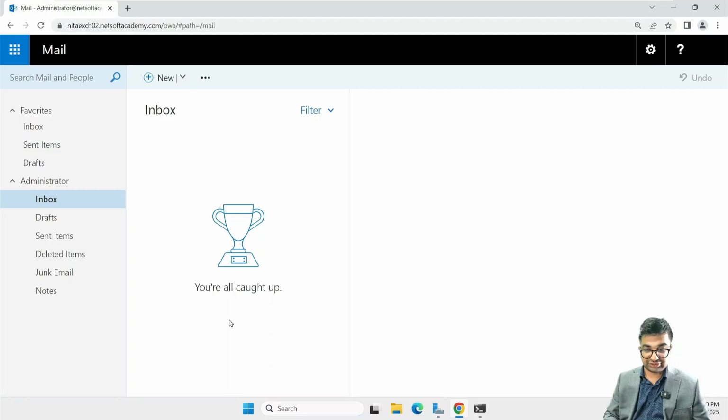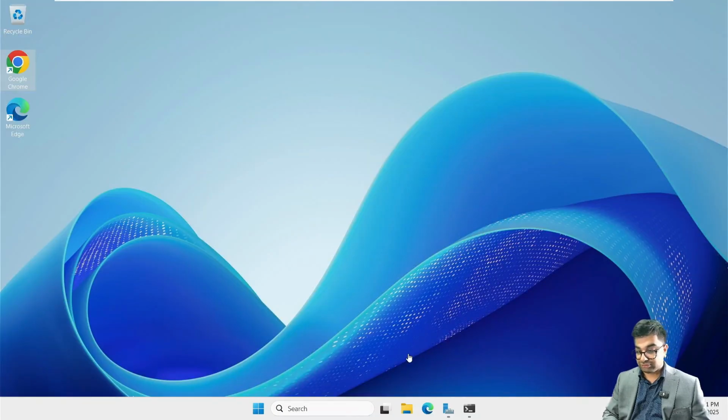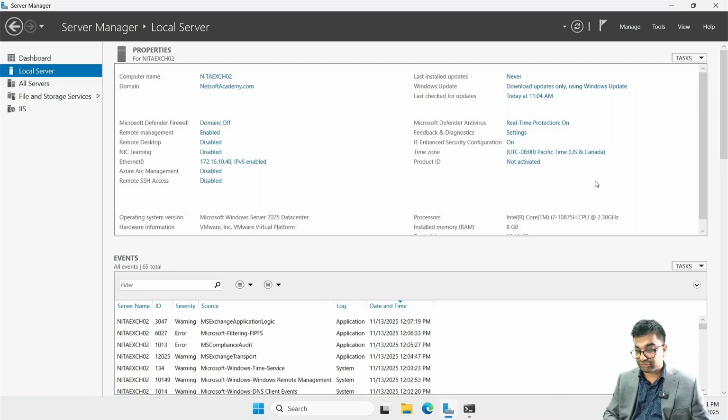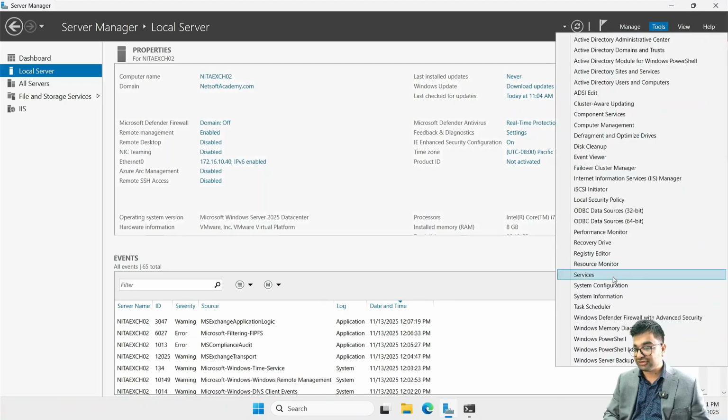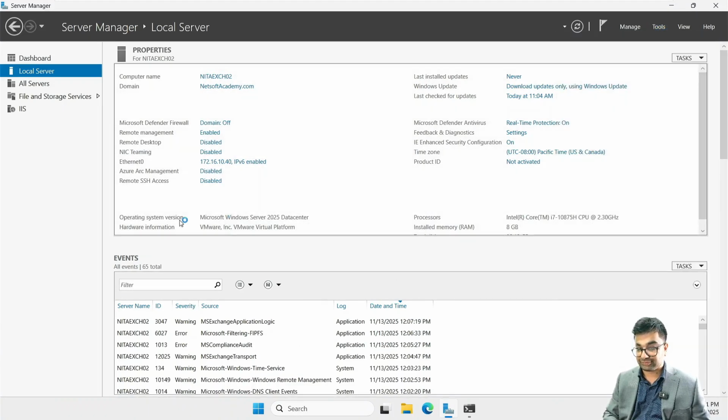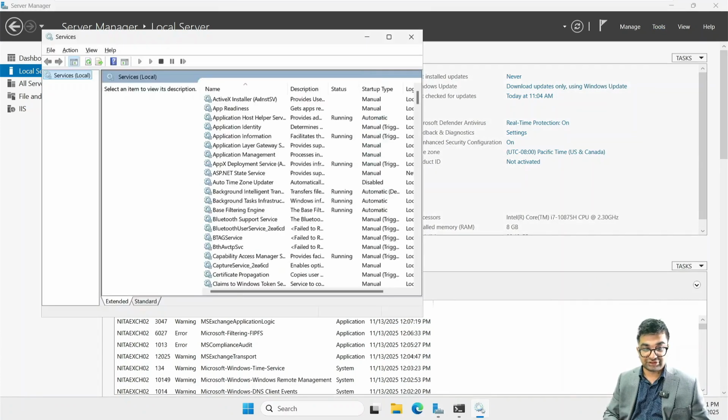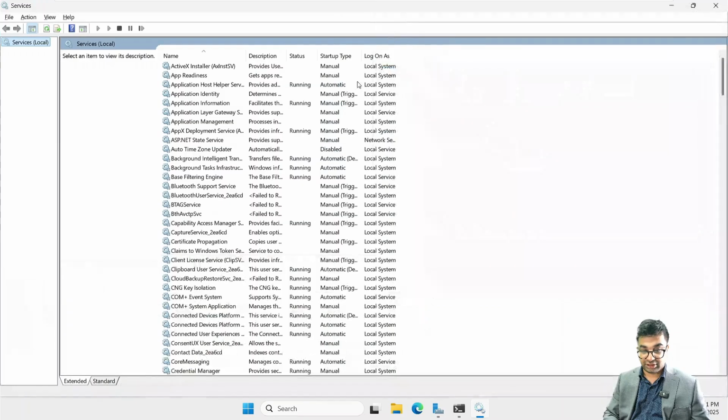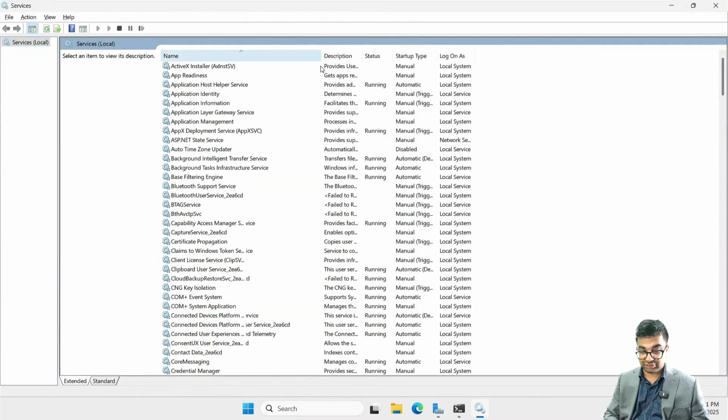All right, and you can see this here that everything is looking like this. So that means the Exchange Server installation is successful. Now, we are going to go to Server Manager, Tools, and Services. Now, under Services, I'm going to look for